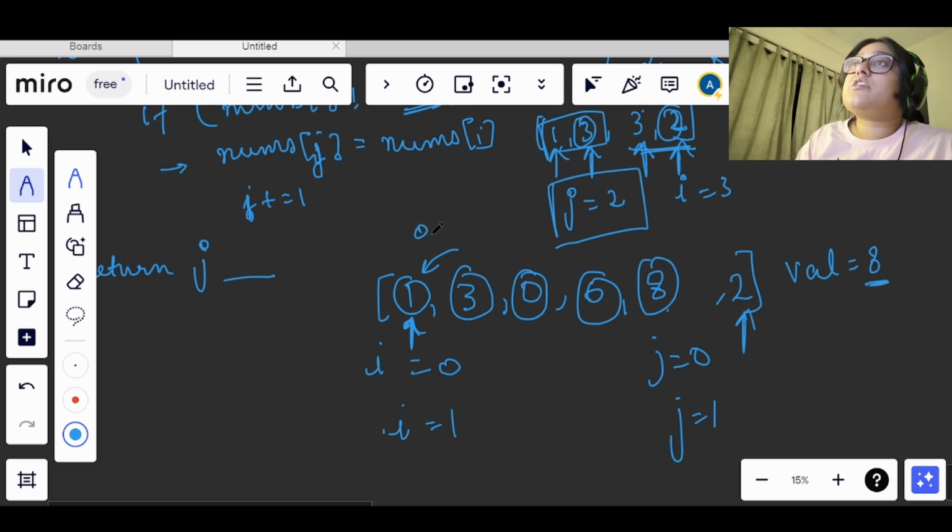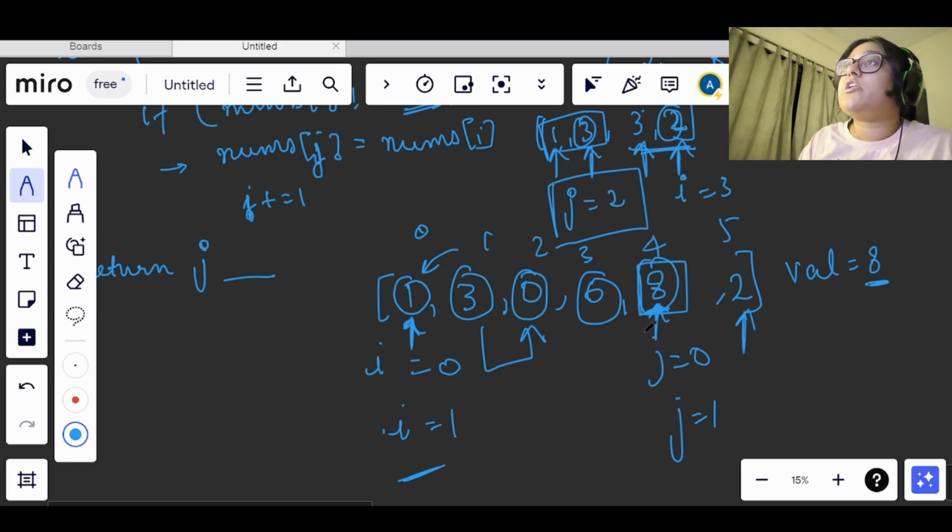When we come here, j will not increment, right? Here 0 1 2 3 4 5. When we are moving from one index to another and we see that this value is equal to val, then this jth index will not move, it will stay there.